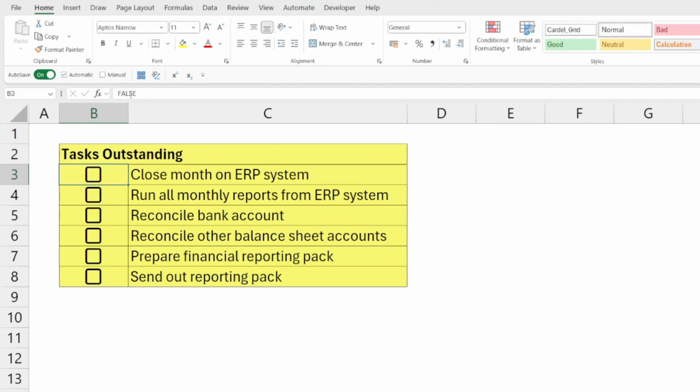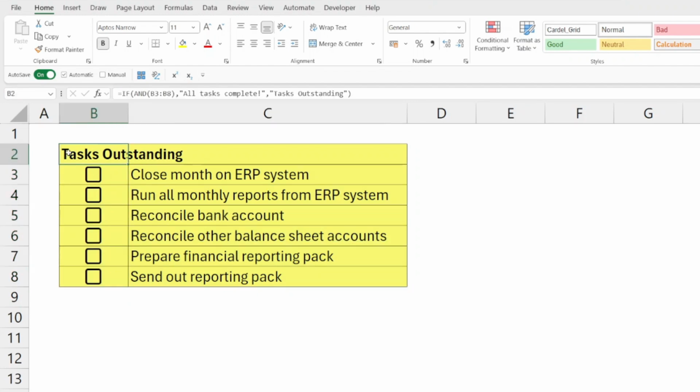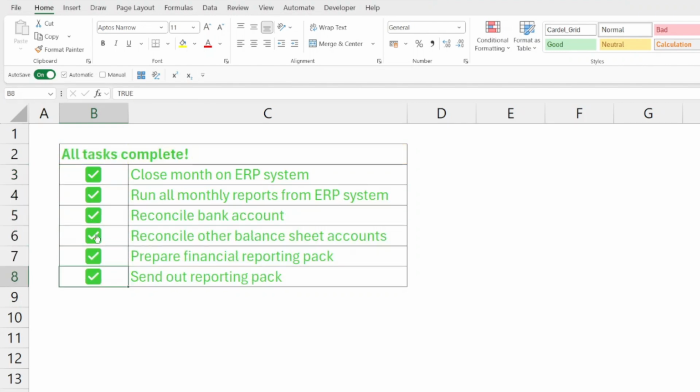So the checkboxes are basic true and false input boxes. There's no formula attached to those. The tasks are hard-coded. And the heading is the only dynamic text here. So it flips between all tasks complete and tasks outstanding. And it's just checking using the AND function if every cell in the checkbox range is true. If every value is true, the AND function returns true. If any of them are false, the AND function will return false. If I tick them all again and just untick any one of them, you'll see that the heading goes back